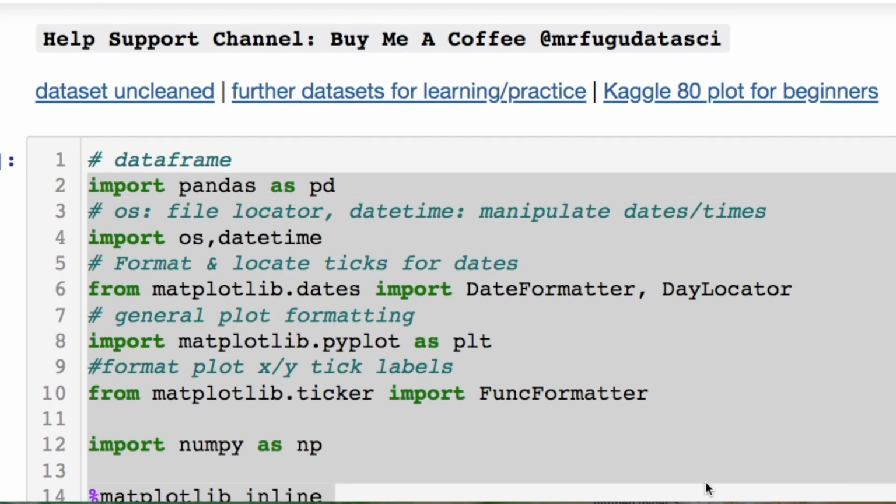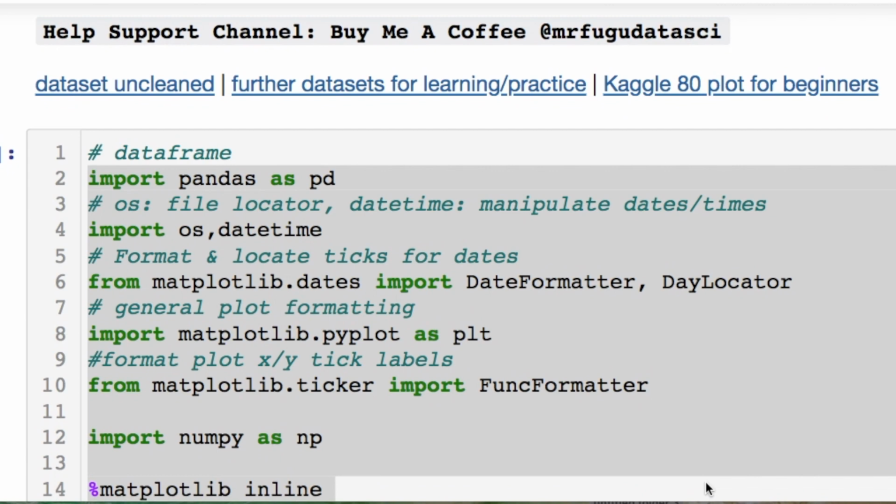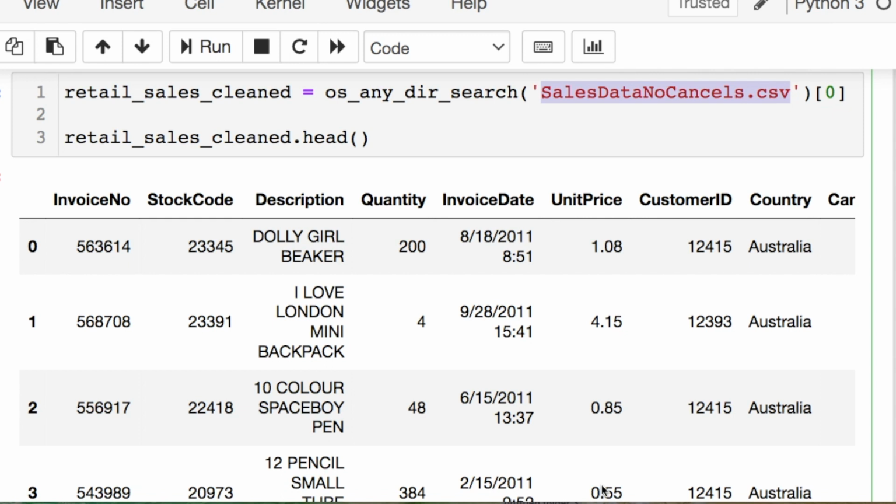Let's get into this. Here's the data that we're going to be using today. It's a very famous data set for online retail sales from a website from 2010 to 2011. I left in the code the original data set because I have cleaned these data, as you can see here.